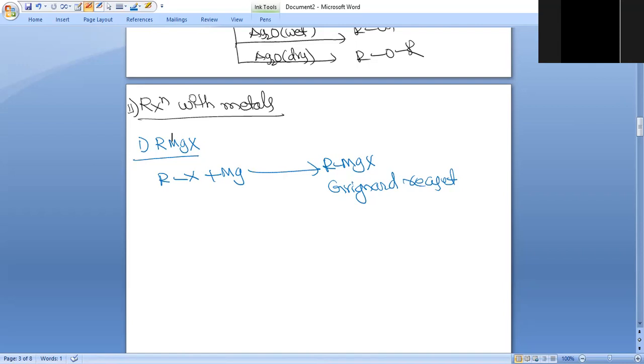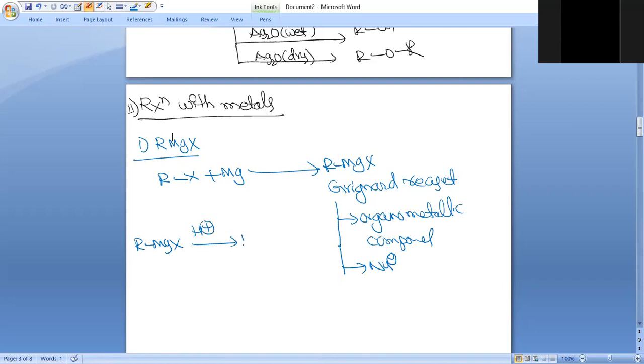So what is the importance of the Grignard reagent? It is a very important organometallic compound and acts as a strong nucleophile. And it readily abstracts a proton. Any RMgX you are taking, if any acidic hydrogen is there, immediately you will get RH. So what is eliminated by what? This MgX will be replaced with the H from any acidic hydrogen.